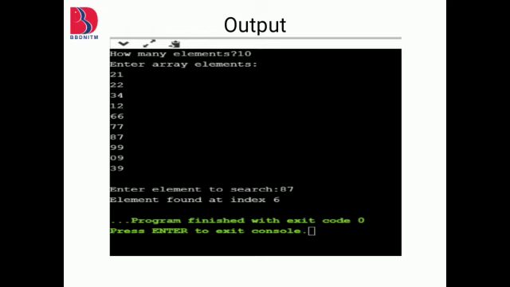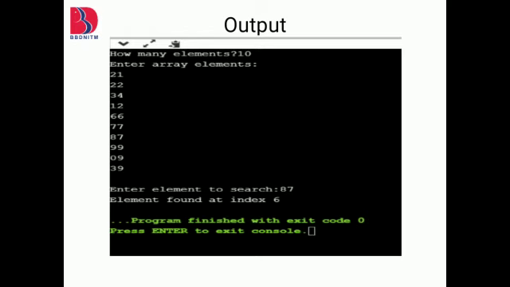Now enter element to search: I have entered 87. 87 is at index number 6. Now 99 is at index number 7, 9 is at index number 8, and 39 is at index number 9, the last one. In this way we can find the searched item, or any value in the given list.